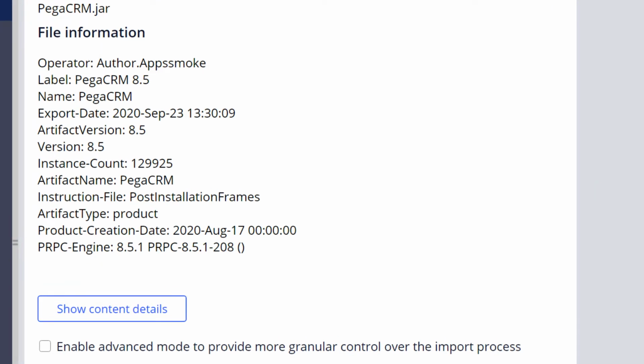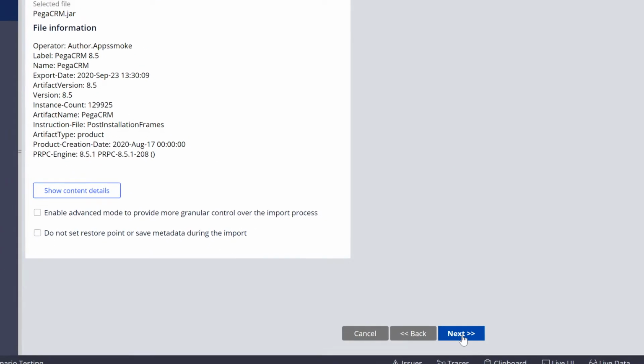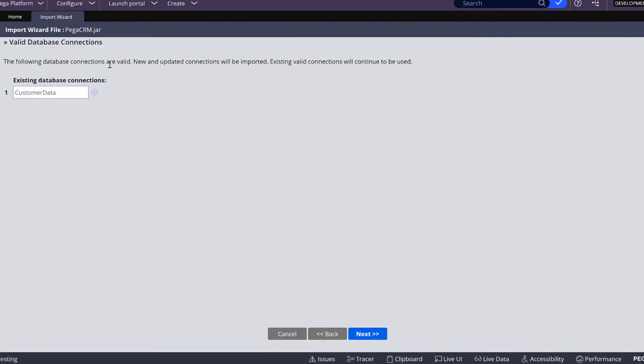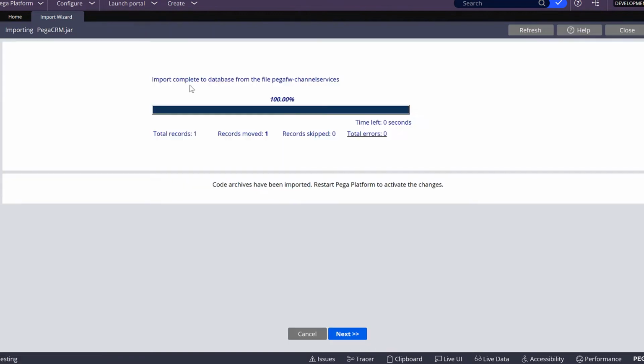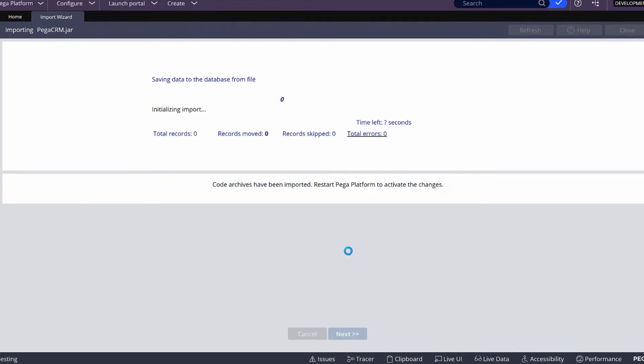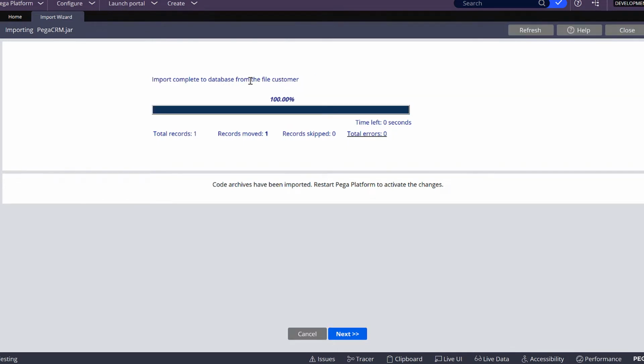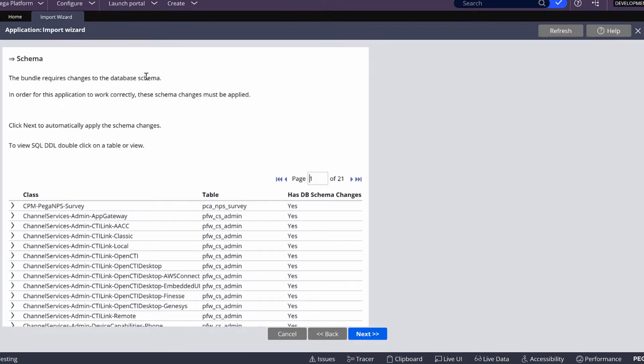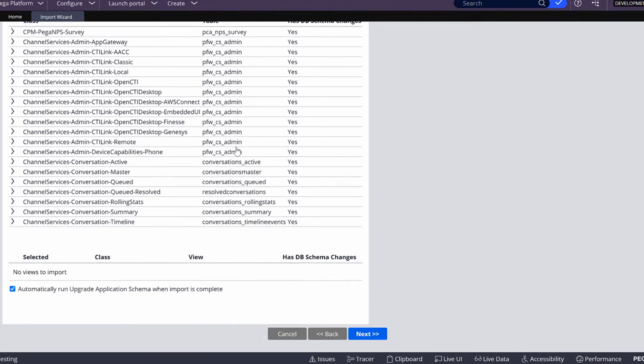On the file information screen you can see the total number of instance counts. Proceed to next. You can see the following database connections are valid. Click Next to proceed. Import complete to database from file Pega FW channel services. Click Next. Import complete to database from file customer. Click Next. These are all the schema changes; you can leave them as the default.